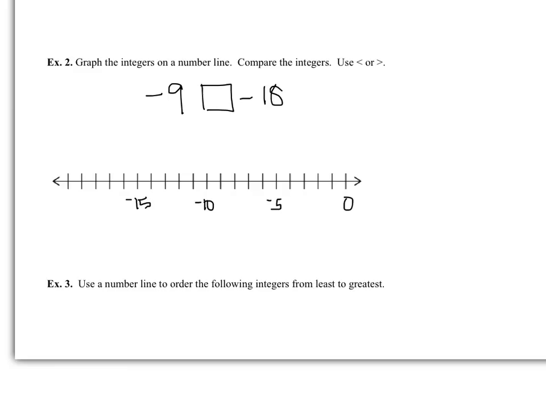Alright, from here I can go ahead and graph my negative 9. That would be right here. And negative 18 would be all the way over here. The smaller number is going to be the number that is the farthest away from 0. Since 18 is the farthest spot from 0, negative 18